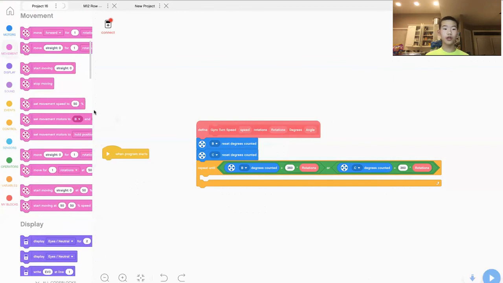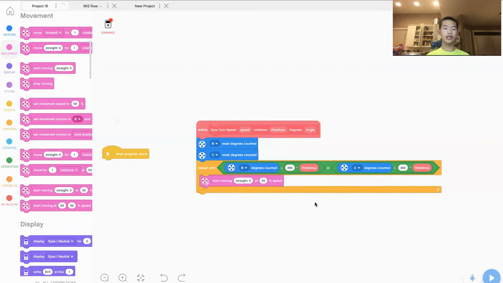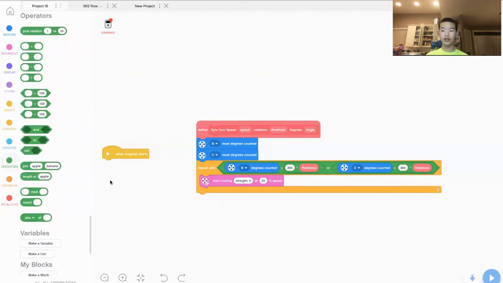Now you want to go to movement, and you want to use this block. As I said, this block is actually pretty useless unless you are not really experienced with MyBlocks. You could try just using these blocks, but the reason we're using it here is that we are going to be using a more accurate version of this block. So what you want to do now is go to operations, and click the multiplication button. Drag it into the straight